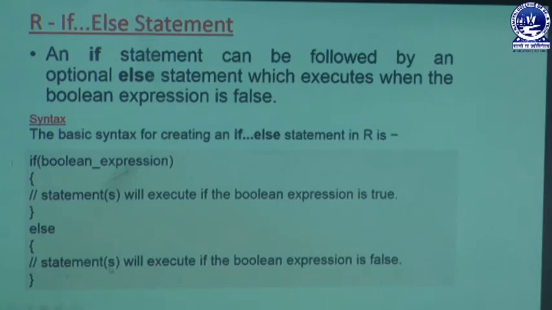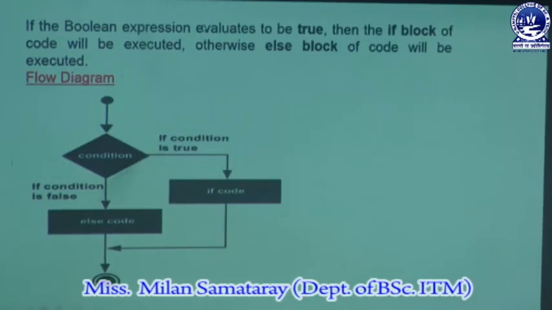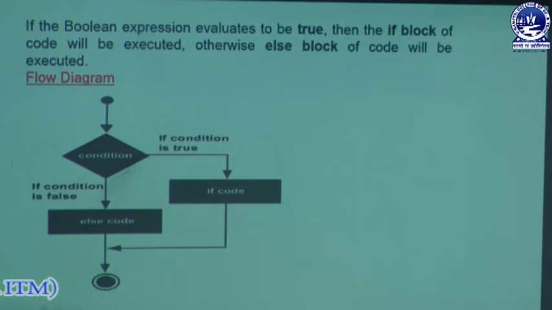The statements enclosed within this block will be executed, and this is the syntax of writing if with else. If the Boolean expression evaluates to true, then the if block of code will be executed, otherwise the else block of code will be executed.